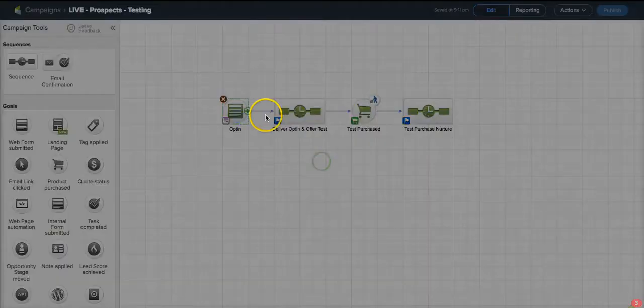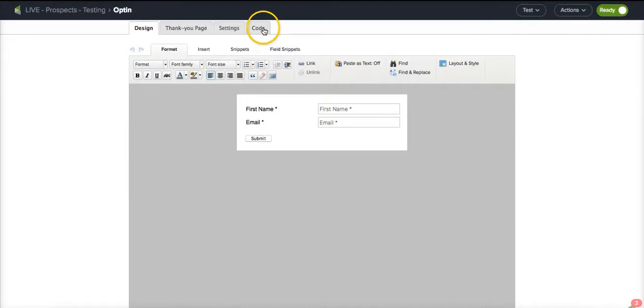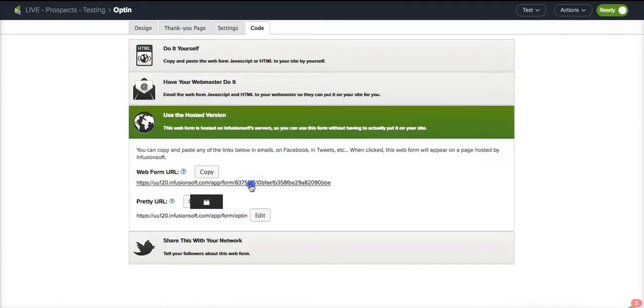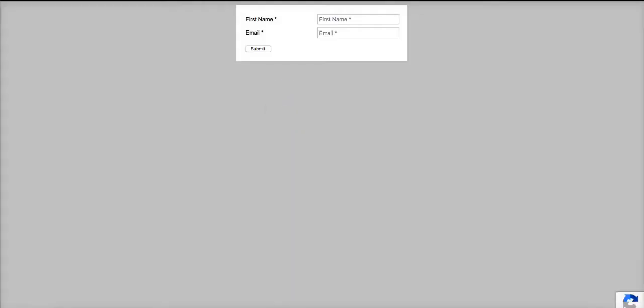For the example here, I'm just going to test this particular web form, and I'm going to use this hosted version and click here. The things I'm particularly testing here are, firstly, that the contact gets added or updated in Infusionsoft. Secondly, that I go through to the right thank you page, and that I go into the right sequence as well. So I'm going to just use me,